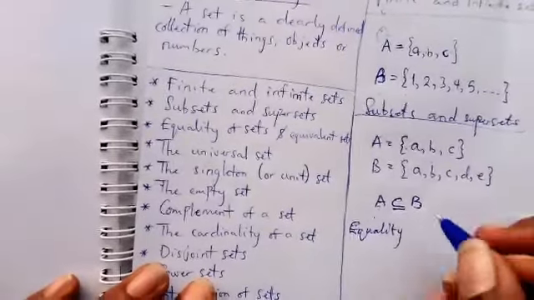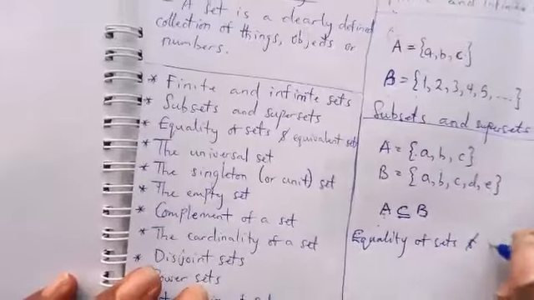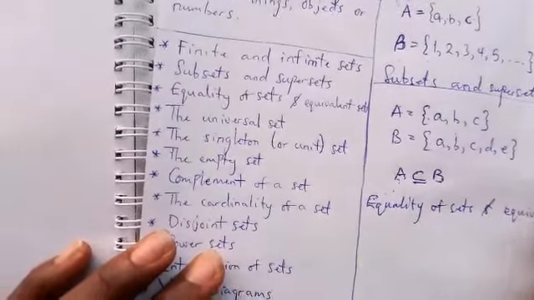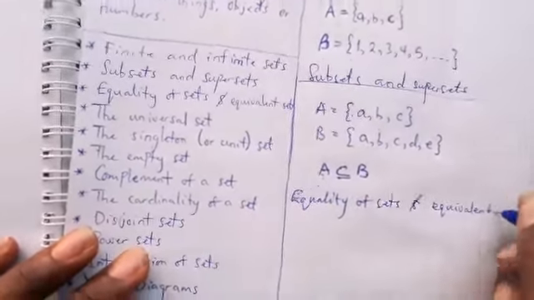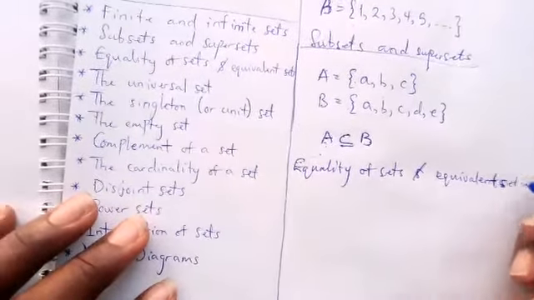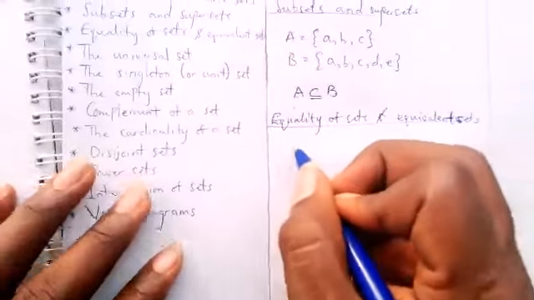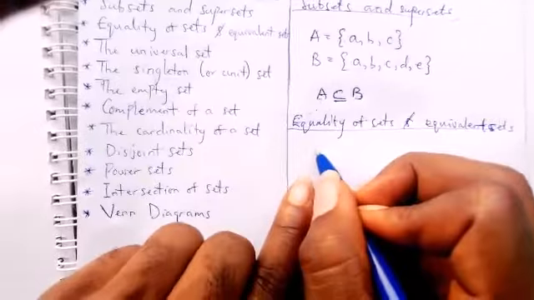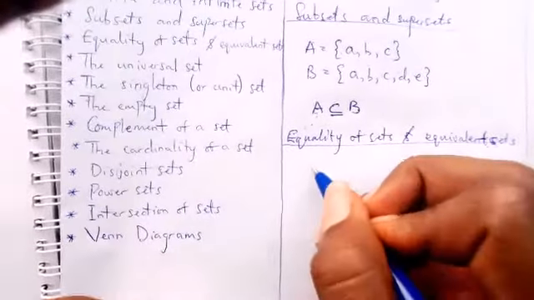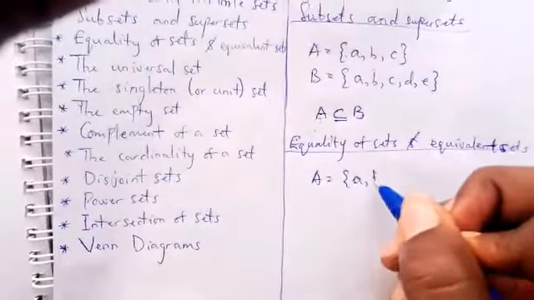equality of sets and equivalent sets. Here, what equality of sets means is that when a set A contains the elements a, b,